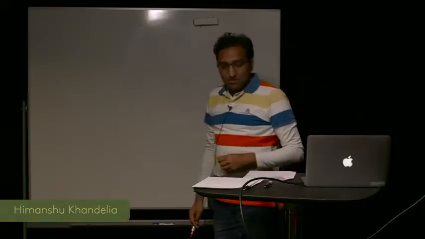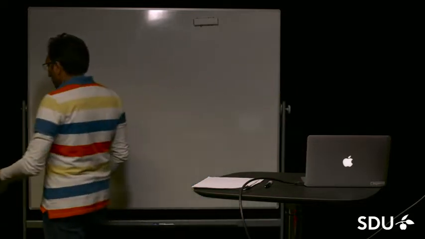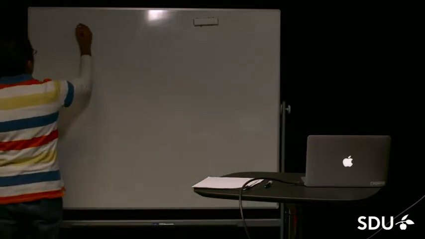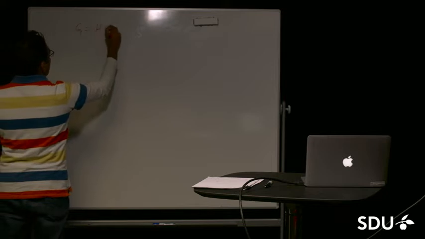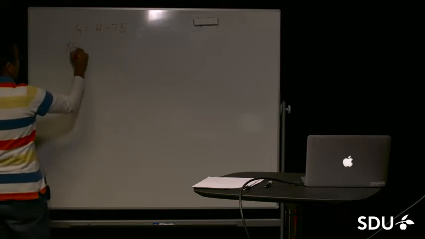In this lecture, we will combine the first and the second laws of thermodynamics to come up with the most important equation in chemical thermodynamics. We start with the definition of the Gibbs free energy, which is given by enthalpy minus the temperature multiplied by the entropy. If I differentiate both sides,